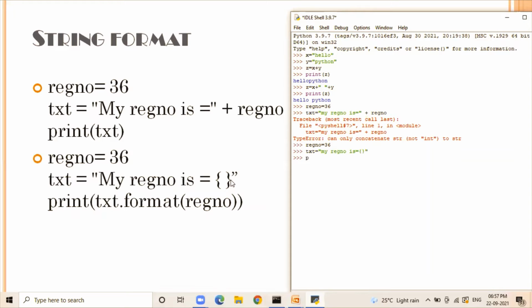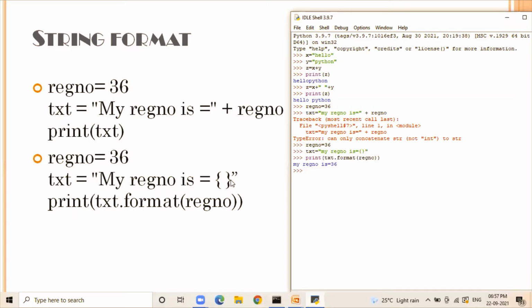And now you can use the format method for the string, text dot format, and pass the value, that is the numeric value. And now you can see the output, my register number is 36.